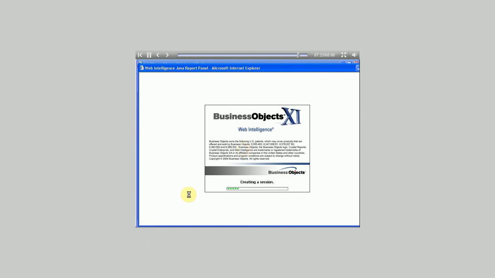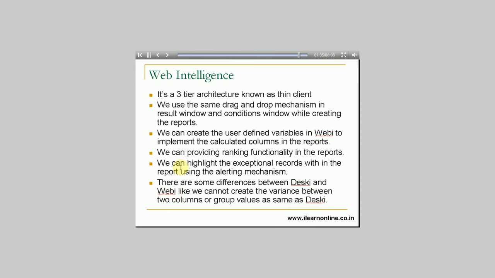Okay, so now we can come back to this. You are already familiar with Desktop Intelligence. Whatever you are doing in Desktop Intelligence can be recreated in Web Intelligence to an extent. We cannot replicate all the things we can do in Desky in Web Intelligence. Maybe in the future, after a couple more releases, you will have all the functionalities you are able to do in Desktop Intelligence in Web Intelligence. So there are